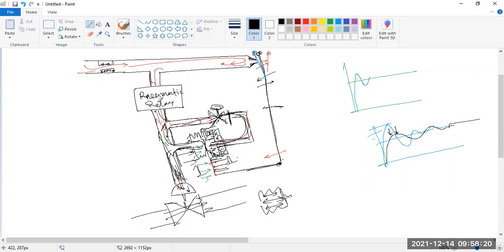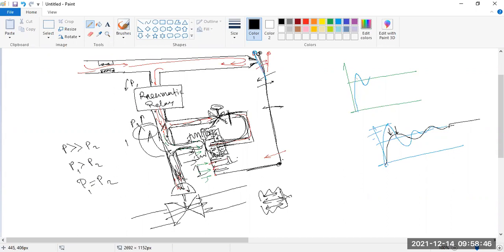How much air is coming is opposed by this fluid also, so here pressure will gradually increase. Say this pressure is P1 and this pressure is P2. First P1 is greater than P2, after some time P1 is slightly greater than P2, and after a few moments P1 equals P2.